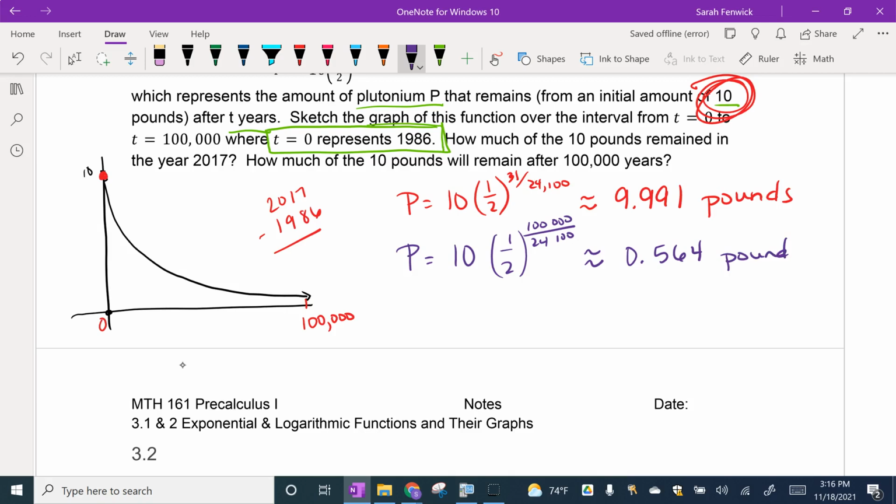Okay, just for the sake of doing it, let's say now, 2021. In 2021 minus 1986, yes, I'm using a calculator because I don't want to tell you wrong. We're at 35 years, which I could have told you from here. So if we plug that in, 10 times 1/2 raised to the 35 over 24,100 power is approximately